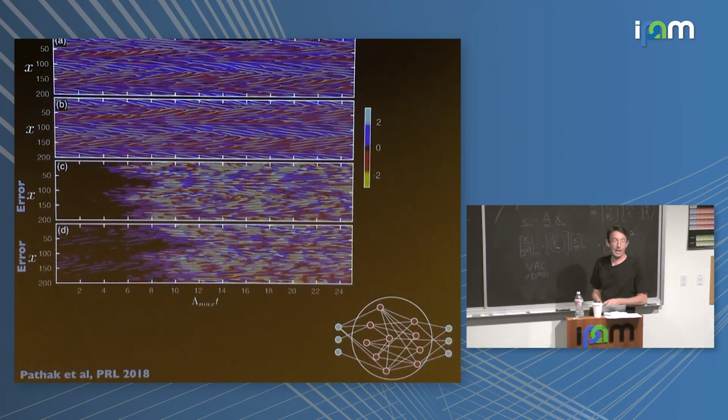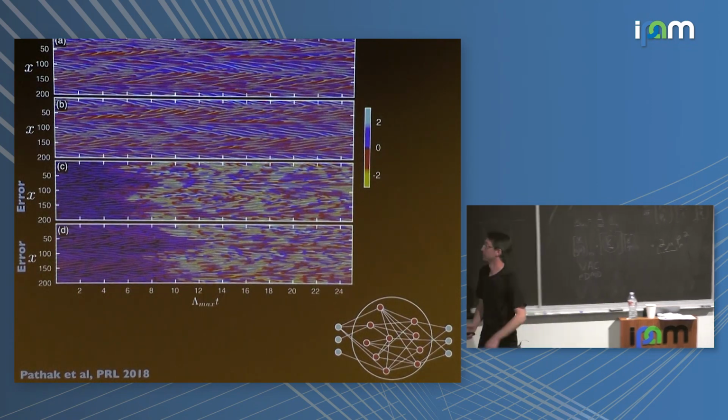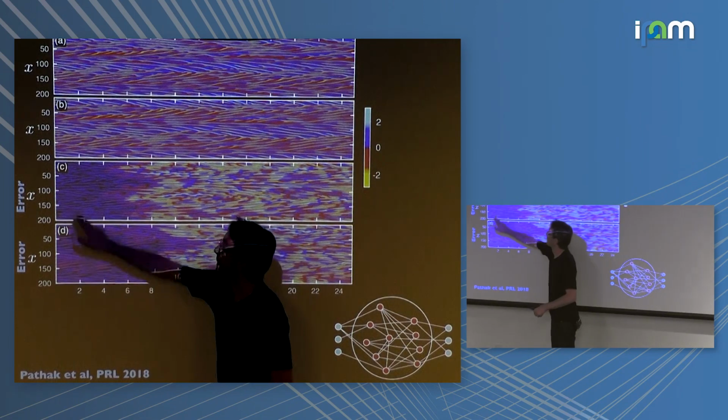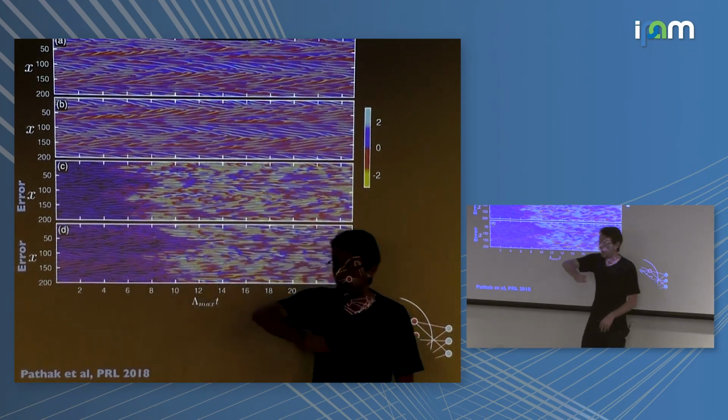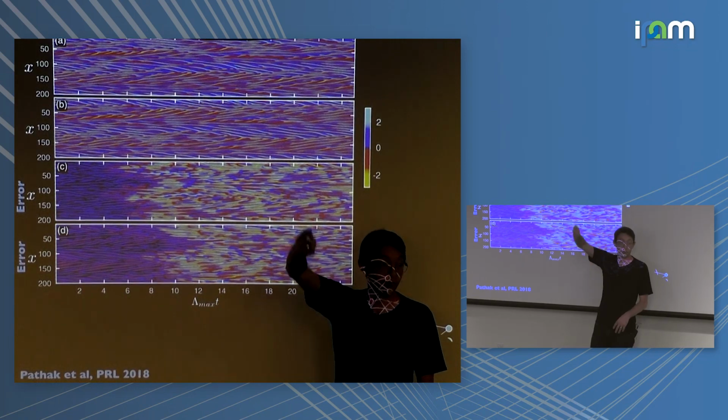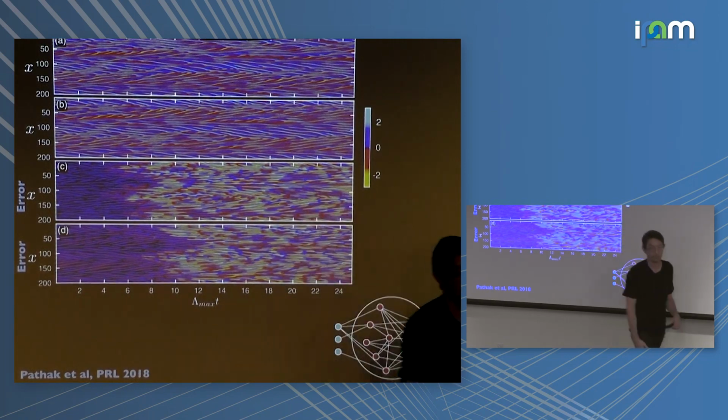Now, in making black slides, it's kind of fun. You play around with the color bars a little bit, and you can see things in your data that you didn't know were there. I've done this to some of our papers and seen the exact same thing. If you change the color bars a little bit, you can see that some small errors accrue very early on, but it takes a while for the exponential growth of this chaotic system to kick in.